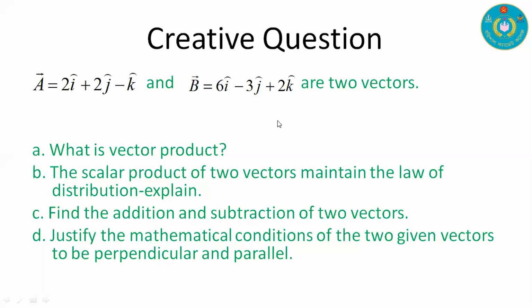If the value of a dot b is equal to 0, then we can say that the two given vectors are perpendicular,